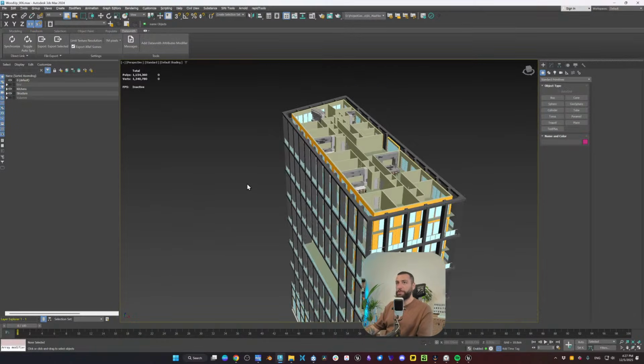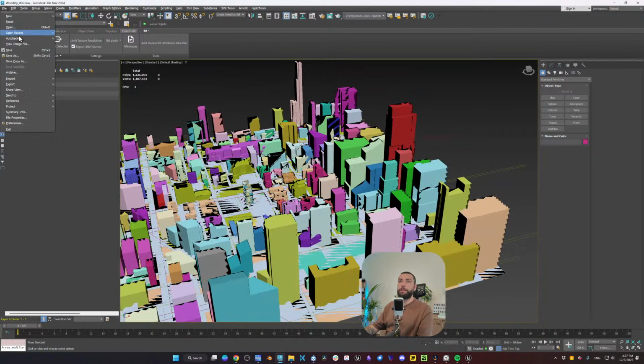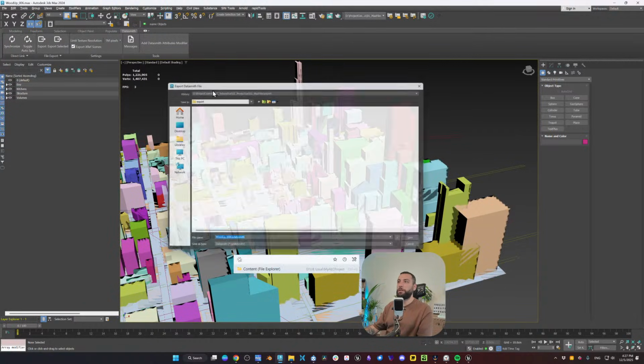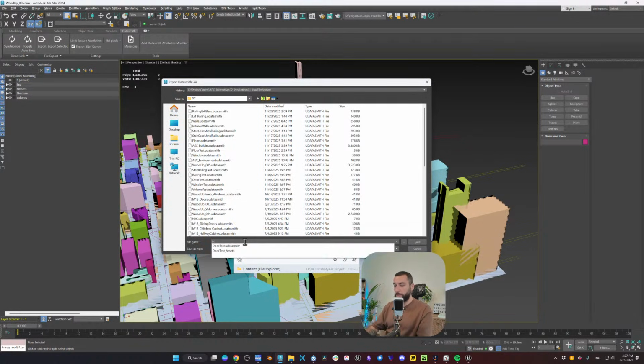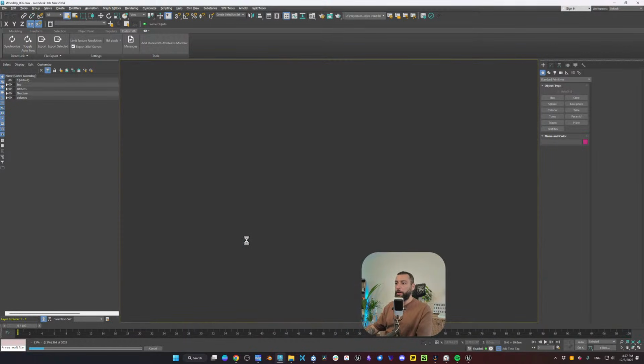So perhaps just for testing, let's unhide everything in this level. Let's click on Datasmith Exporter, and let's export this as an imaginary project, which is very similar to what I'm working on. So we can re-import it and set things up.